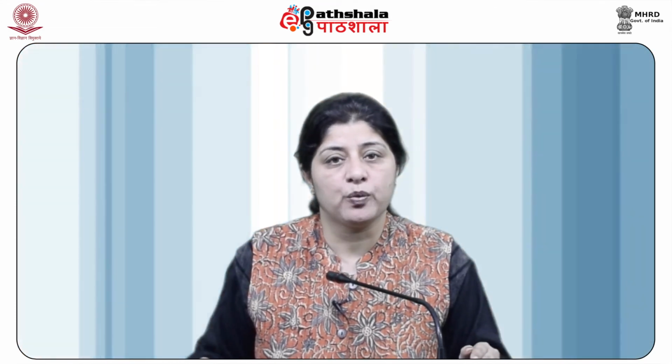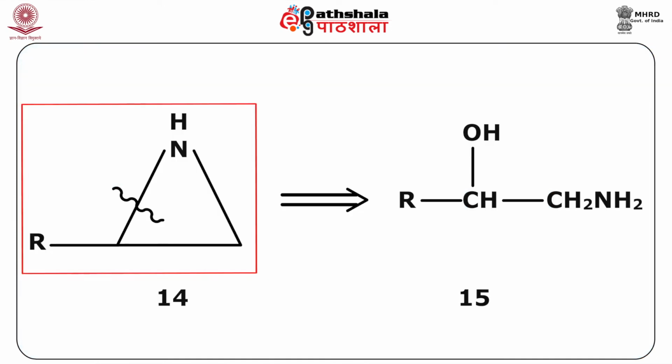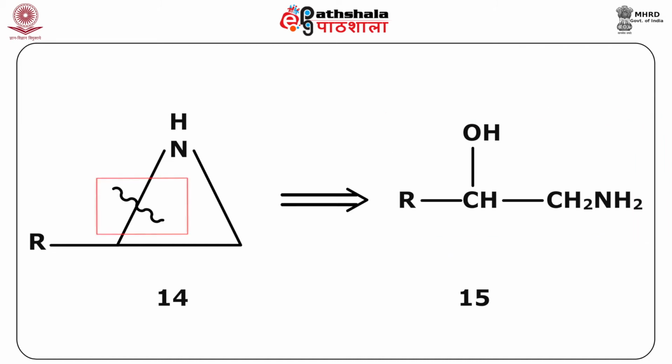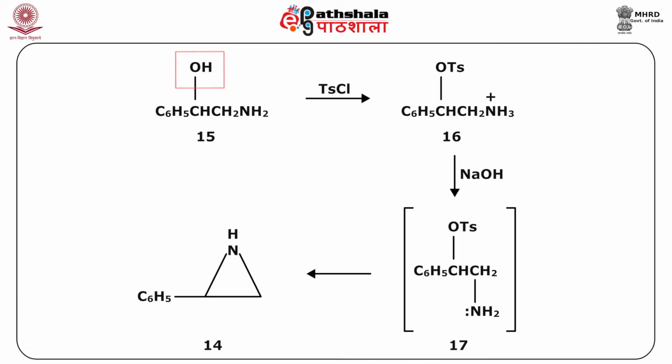Aziridines are reactive substrates in the ring opening reactions with many nucleophiles due to their strain in the ring. Retrosynthetic analysis. Disconnection approach shows that aziridine 14 is formed from 1,2 amino alcohols, number 15. The cleavage between the carbon and the nitrogen leads to the formation of an alcohol group at position 2 with the amine. Synthesis. In step 1, the hydroxy group of beta amino alcohol, as represented by the structure 15,